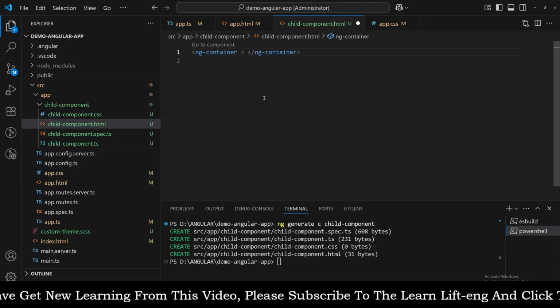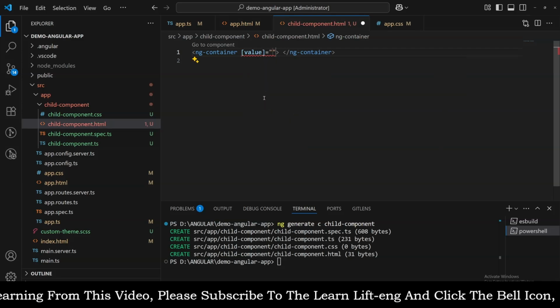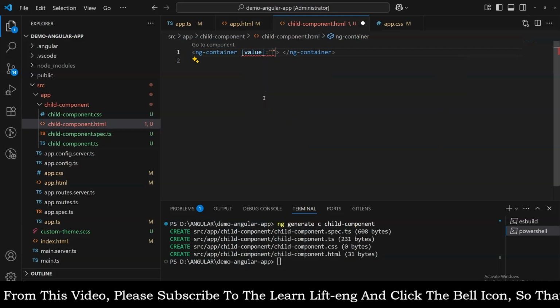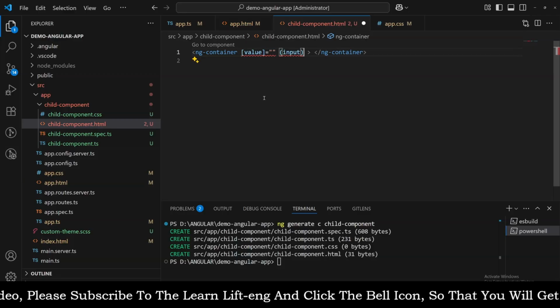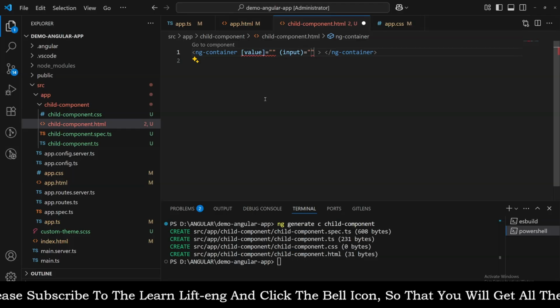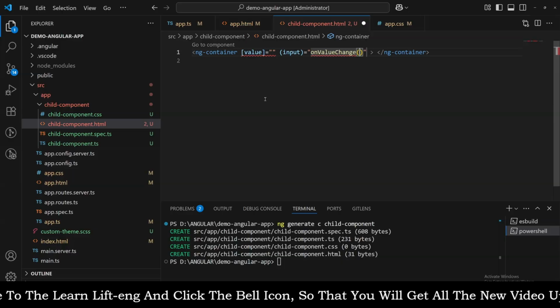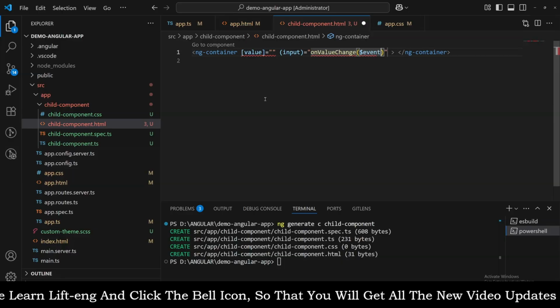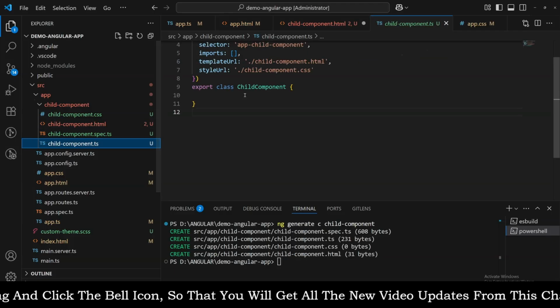Okay, let's not bind that value. Let's bind the value property of it, and we'll use one variable over here, and then use the input event binding, and we will give one method on it. Let's say onValueChange method, and it will accept $event as a parameter, right? So let's add the onValueChange method over here,